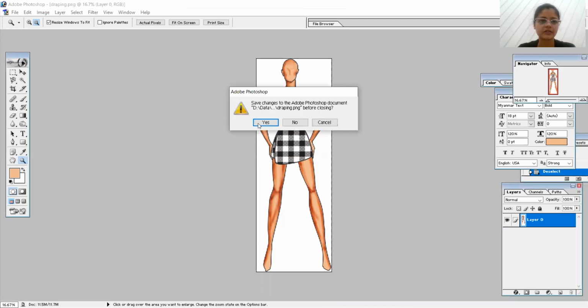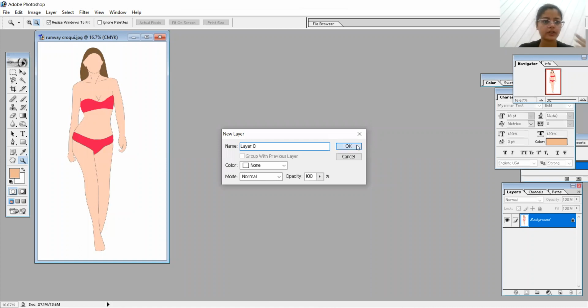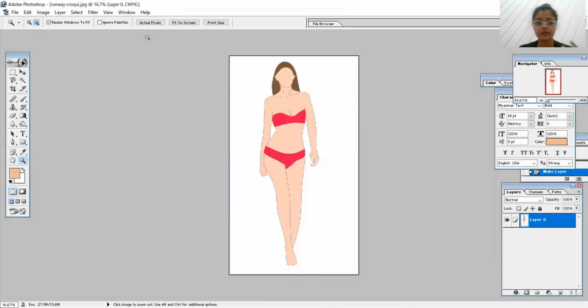So this is the JPG image, or the croquis, that we have to render. The basic coloring is already done over here, and in the previous session I told you about this magic wand tool, which is used for selection. Whatever part you want to render, just select that area.